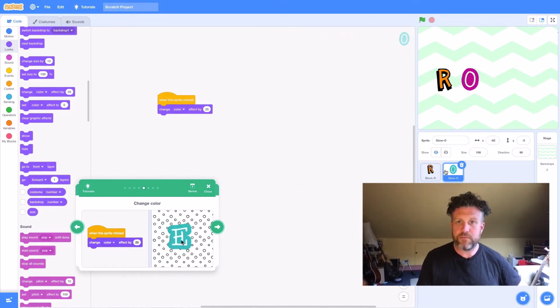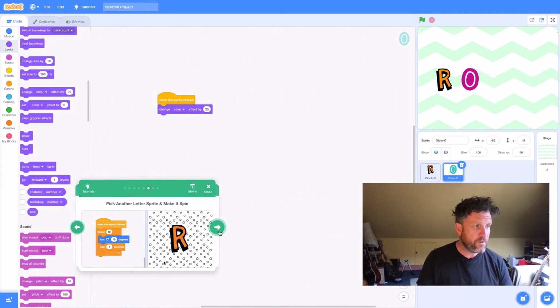Awesome. So you go and do that now. Make sure you get your second letter in, and when this sprite is clicked, change color effect by 25. If you need to pause the video and go and do that, that's absolutely fine. Okay, assuming now you have 2 letters in your Scratch project, we're going to go and